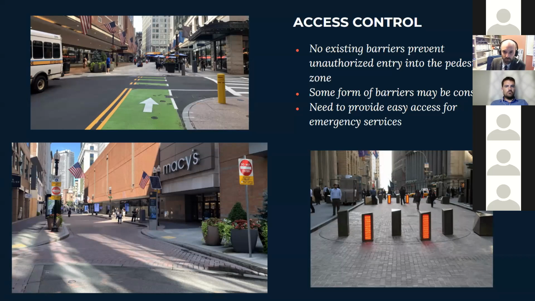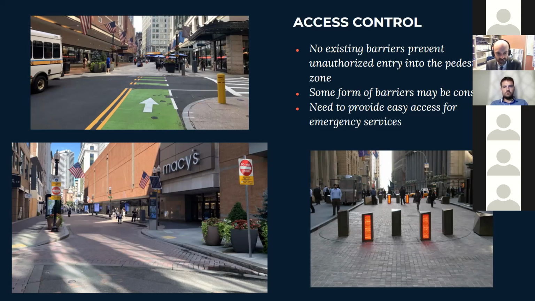So this is really important for two reasons, right? We want to make this space feel more like a pedestrian priority space where pedestrians are comfortable walking, using the whole street. So it's important to limit unauthorized vehicle access for that reason,